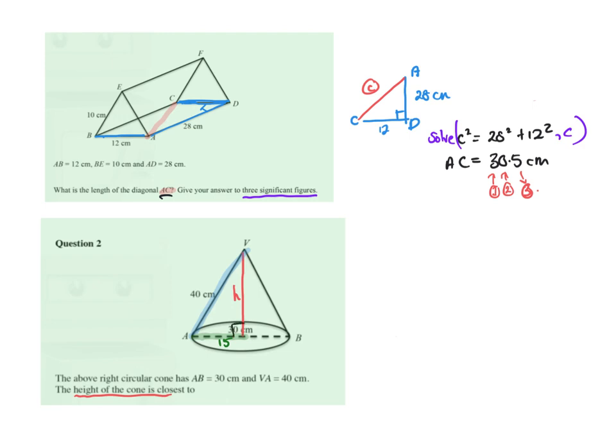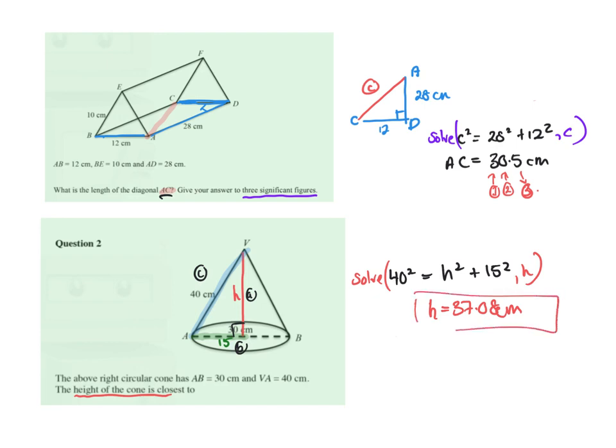So you can use Pythag again. Remember, this is C, these are A, and this is B. So I could say 40 squared equals H squared plus 15 squared. And we can do solve, comma H, and it says is closest to, it must have been a multi-choice, and I've actually cut off the multi-choice answers, but that's all right. We'll just do 2 decimal places, which gives me the height to be 37.08 centimeters. Okay, so there's our final. So very easy. These